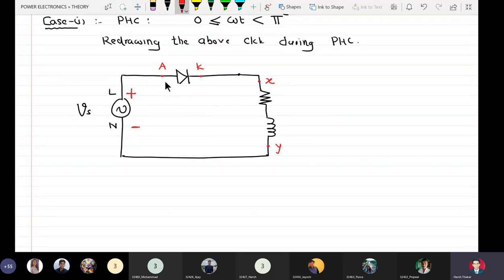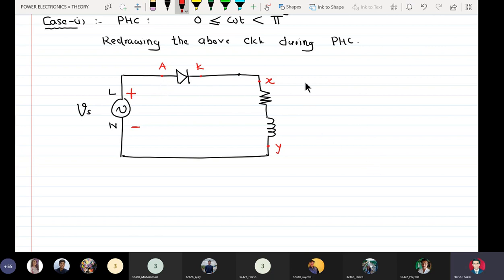And you know that it's a 230 volt RMS or 326 volts peak kind of a supply, and the cut-in voltage of the diode is only 0.7. So almost at 0.2 degrees, the source Vs will exceed the cut-in potential. Because the cut-in voltage is 0.7 and the value of the source is very high, instantaneously the diode will start conducting. So the diode in this circuit will start conducting at the beginning of the positive half cycle. That is what is called an uncontrolled rectifier.